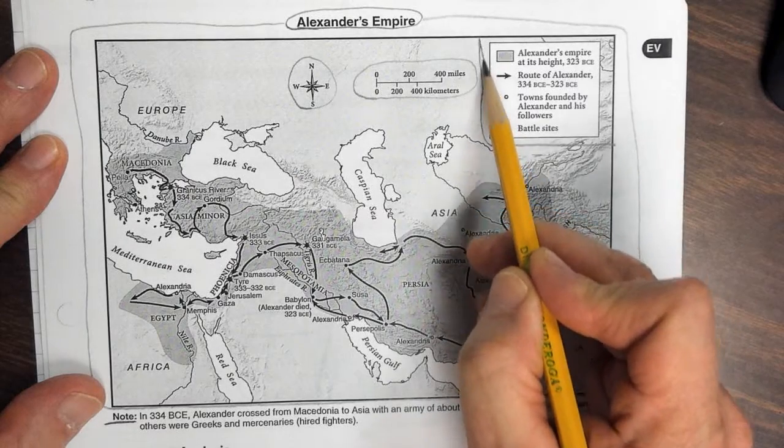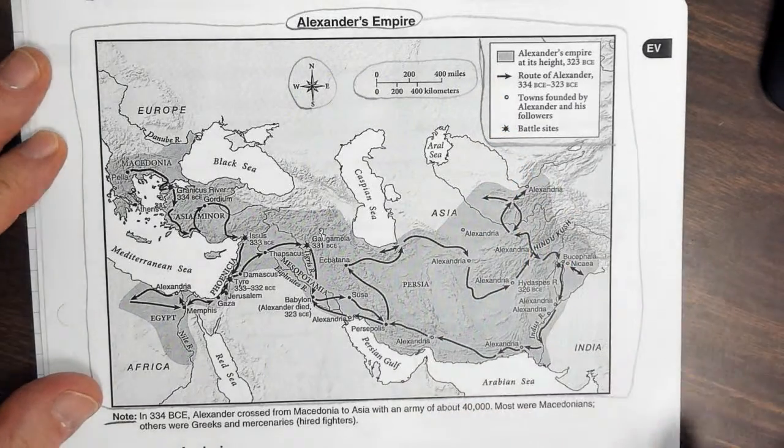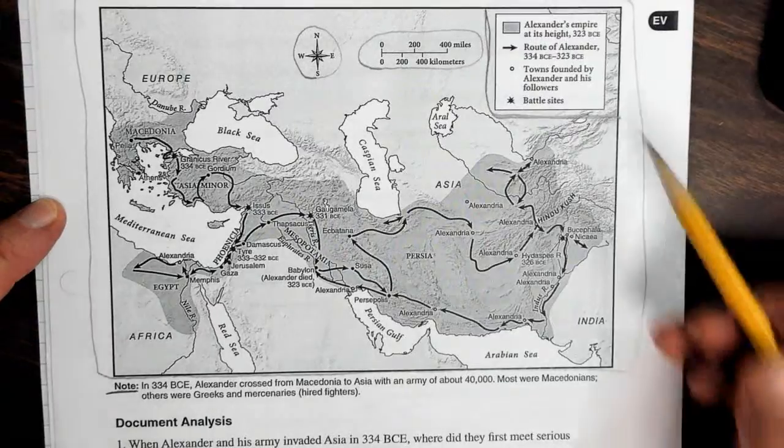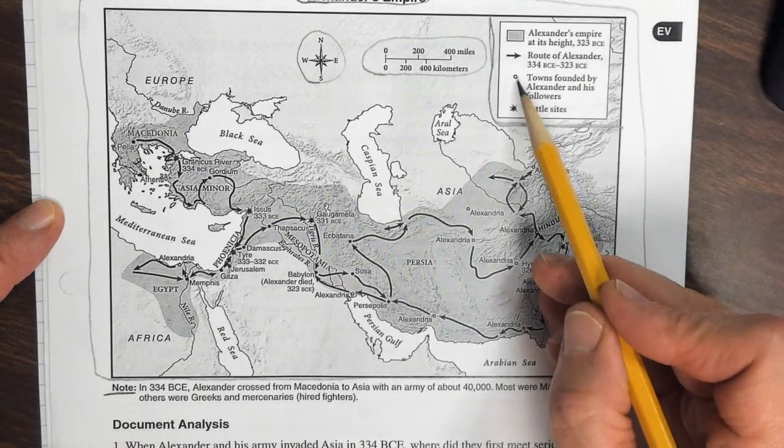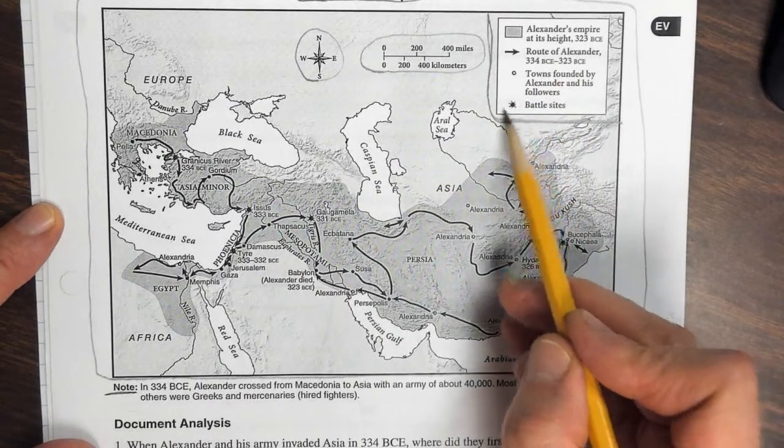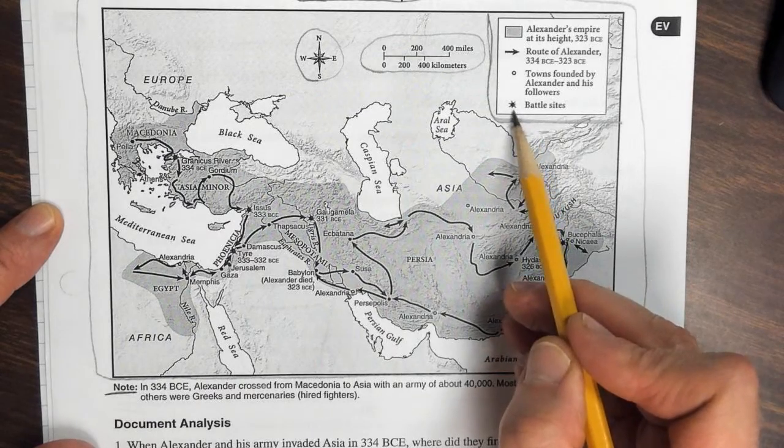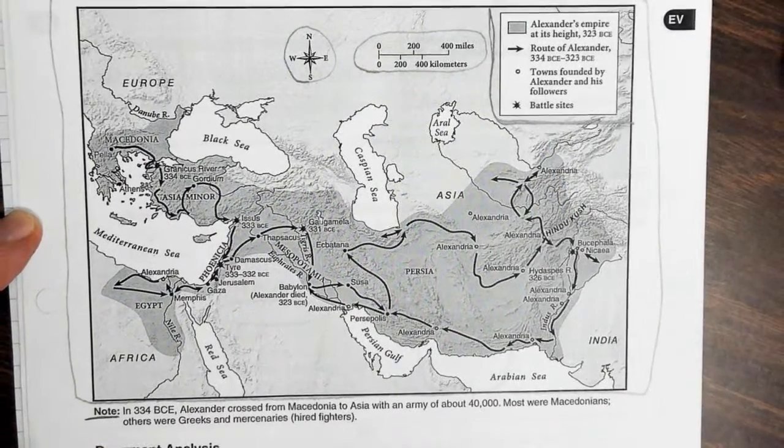All right? And that might come in handy for observations. It tells us what the arrows are. It tells us what the circle dots are. And it tells us what the little explosion things mean. And you can look at that. Now,